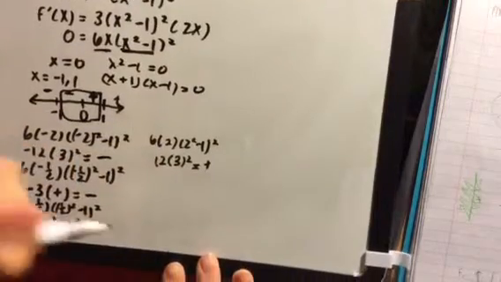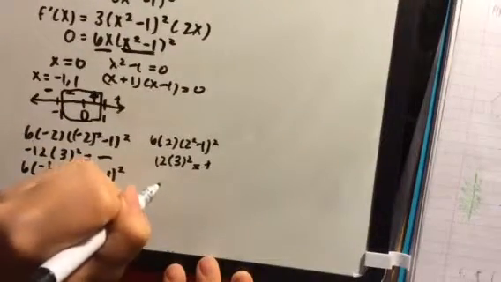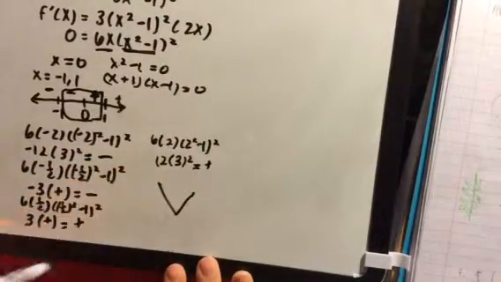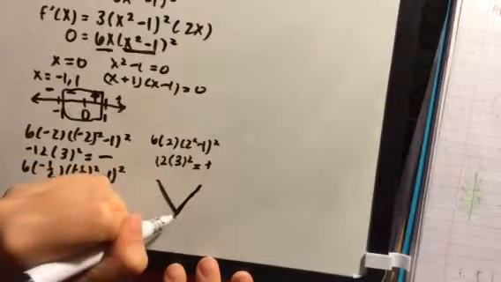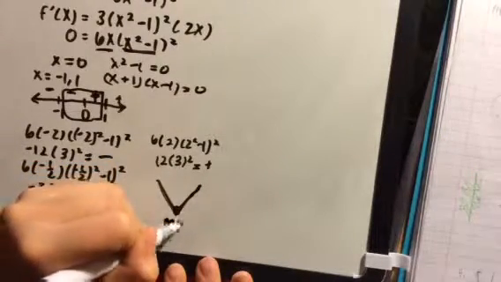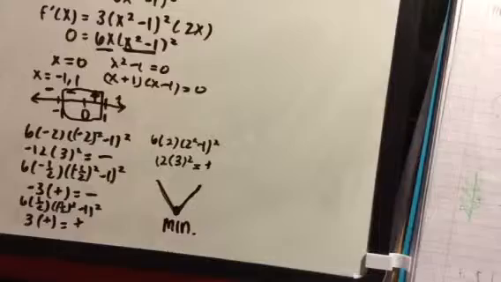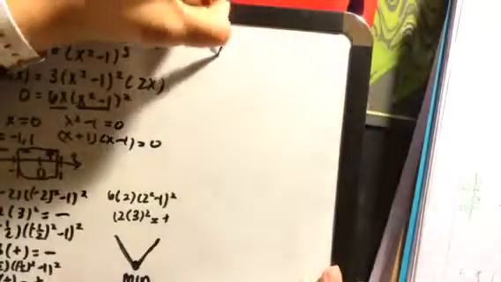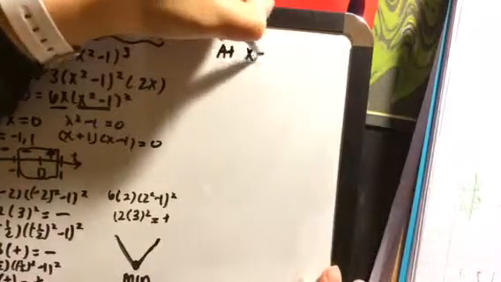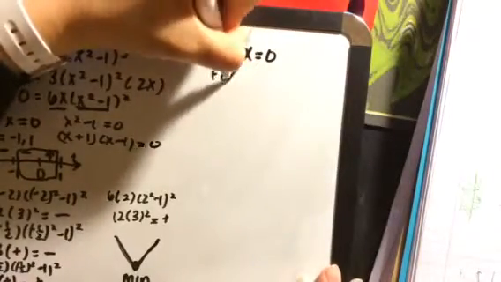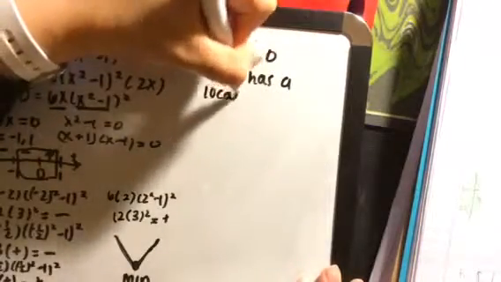So our graph is going to look like this. It's going from negative to positive, so this has a minimum. We can say that at x is equal to 0, f of x has a local minimum,